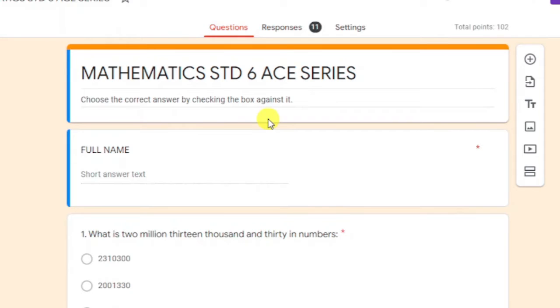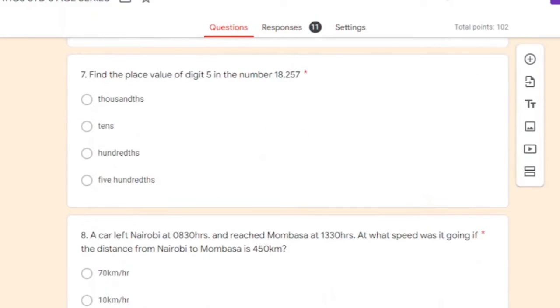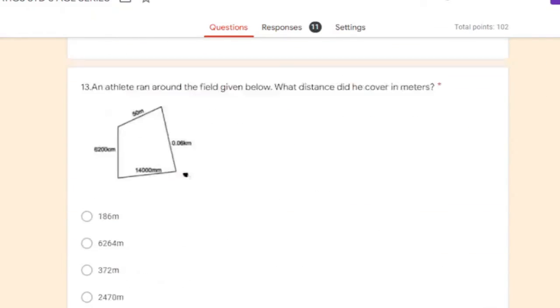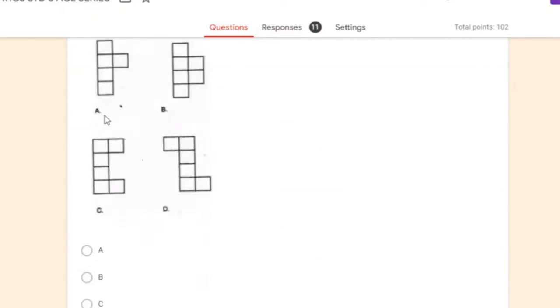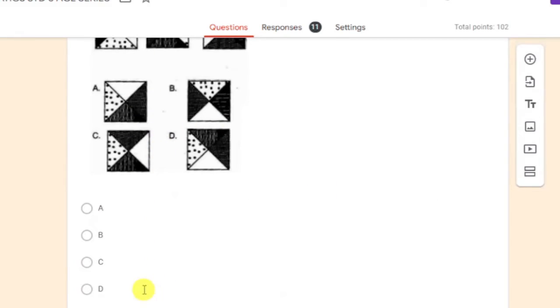and I have assigned marks, especially like 2 per question, and these are 50 questions. So what I expect is that learners work out the question, and when they get the answer, they keep checking the correct answers up to the last one, and then they are able to see the button